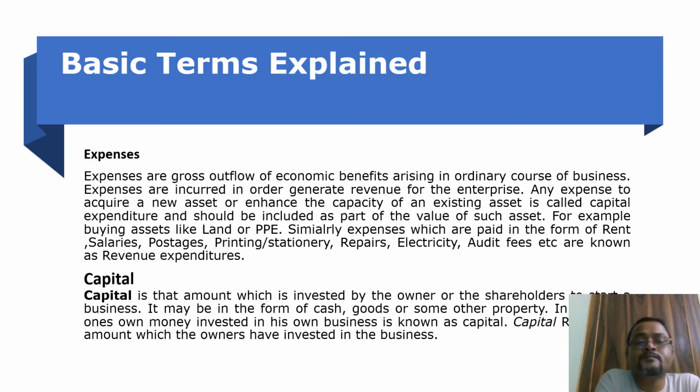Let's come to the next transaction item, expenses. Expenses are economic benefits which flow out of the firm towards other beneficiaries. And these are expenses which generally happen in the day-to-day business. For example, as I said before, Mr. X worked for Reliance Industries Limited. He will not work for free. He will be given a salary which has been agreed. So the salary, when paid at the end of the month, will become an expense.